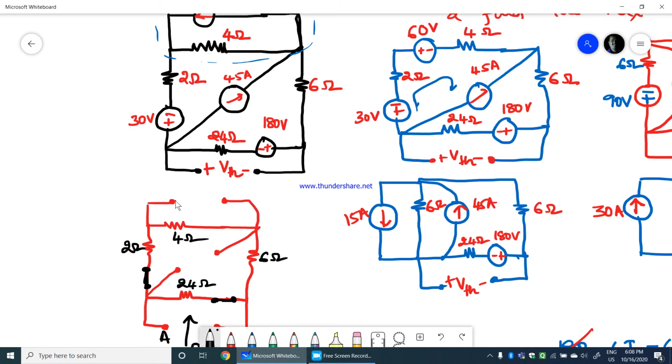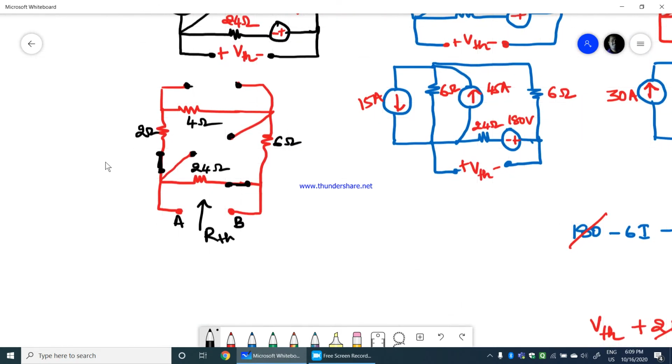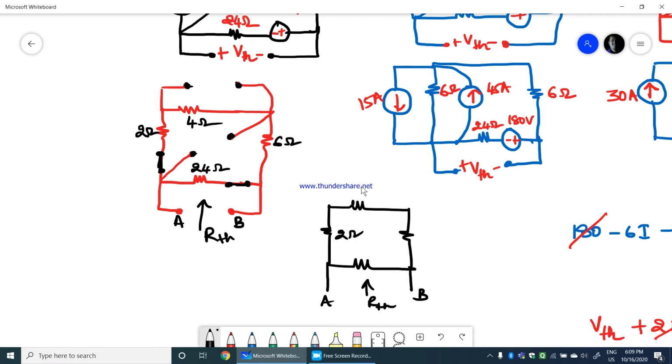Therefore, these are the two terminals where the current source was, which is made open, whereas the voltage sources are shorted. Okay, therefore, if you see this diagram properly, I will get 4 ohms, then 2 ohms, and then 6 ohms, and I am taking the RTH across this: 2 ohm, 4 ohm, 6 ohm, and this is 24 ohm.